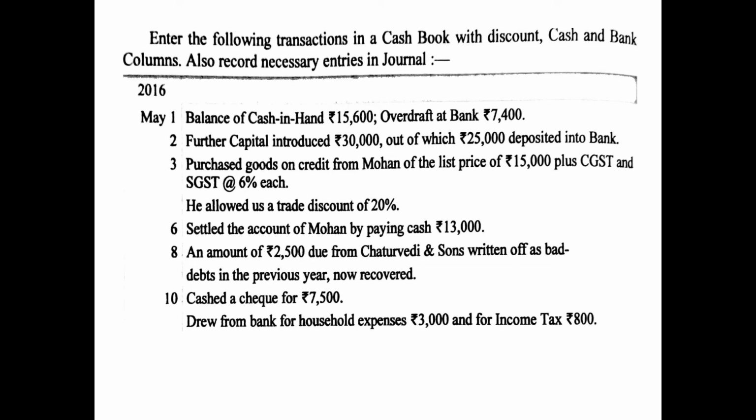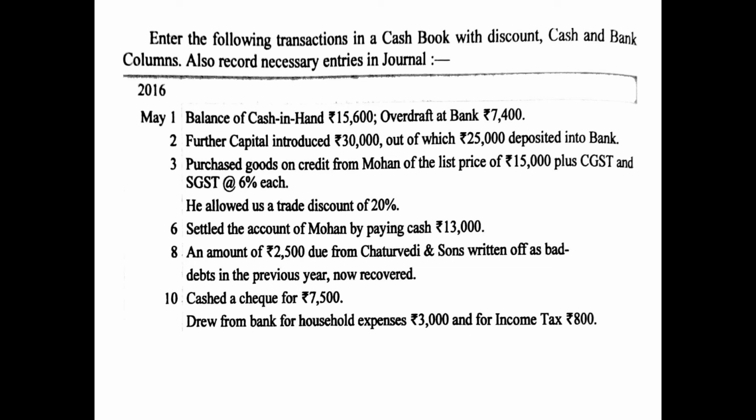On the other hand, what is happening? Your bank balance is reducing, so on the credit side you will write, and why is the bank balance reducing? Because you are withdrawing cash. So on the credit side you will write by cash account, amount of 7,500 will be written in the bank column, and the letter C will be written in ledger folio so as to demarcate that it is a contra entry.